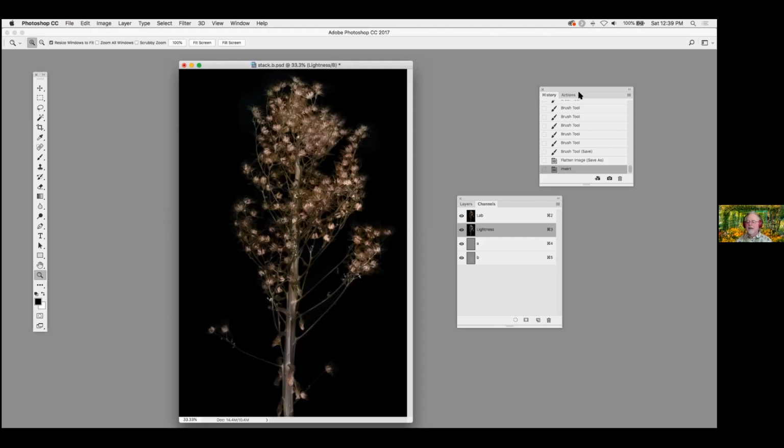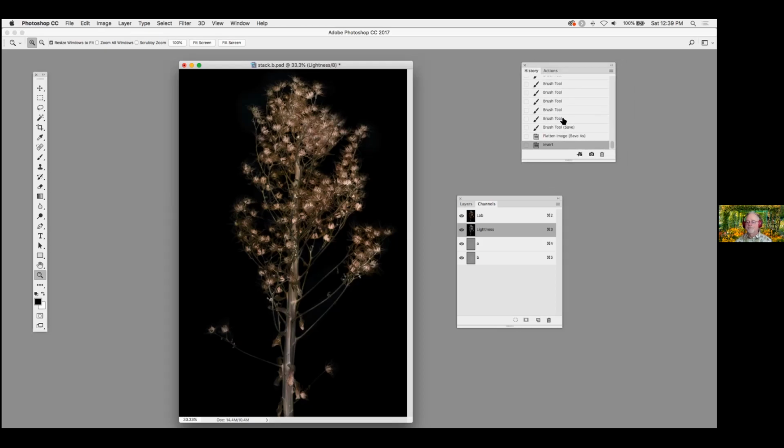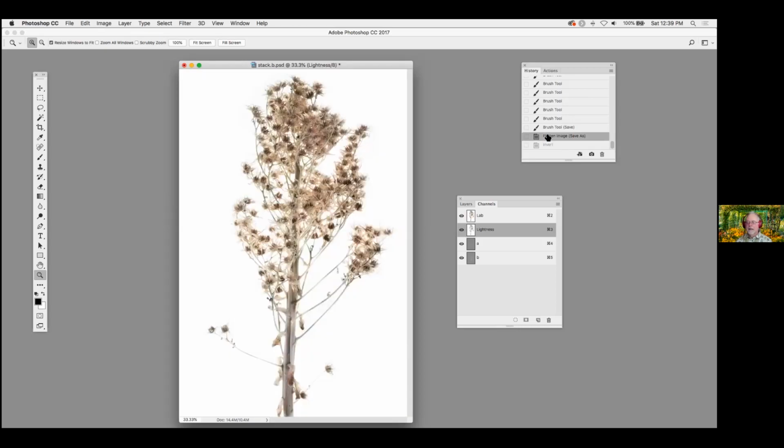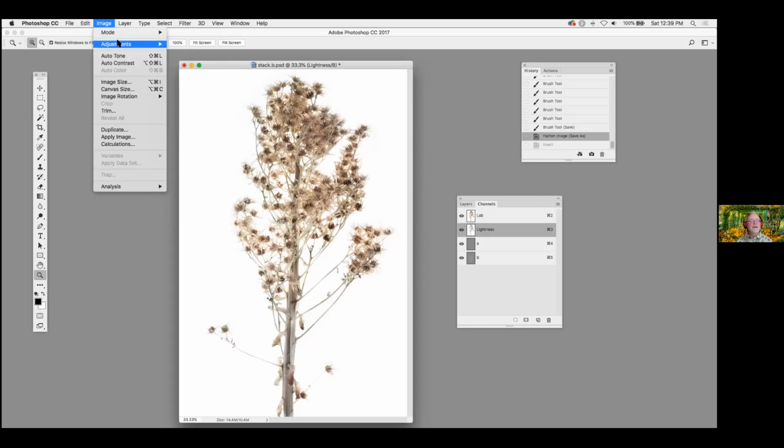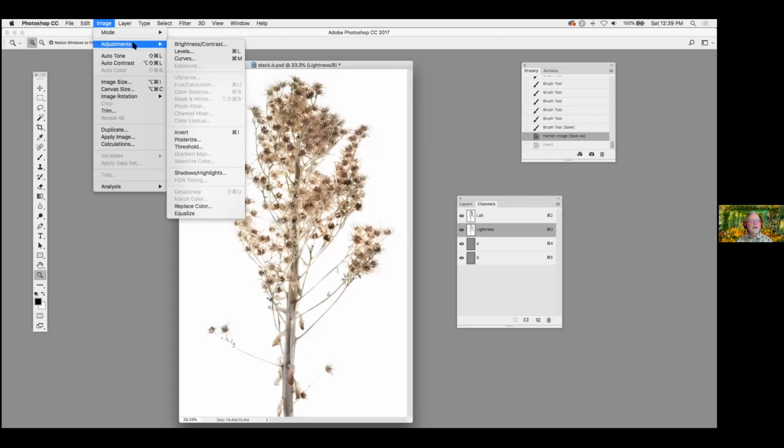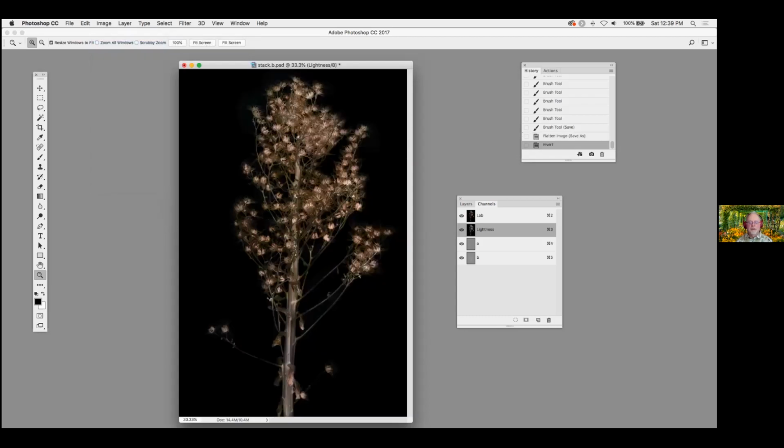Want to watch that again? Anybody? Yep. Okay. I'll take that as a yep. Make sure the lightness channel is adjusted and go image, adjustment, invert. Well, there's a bit of a problem here though,